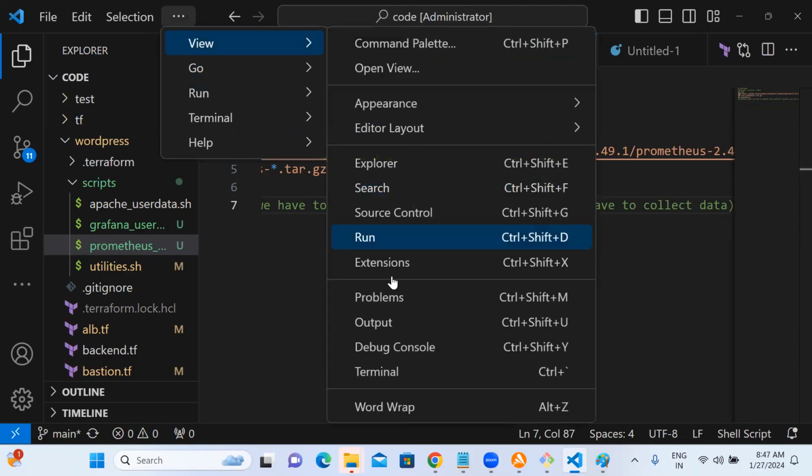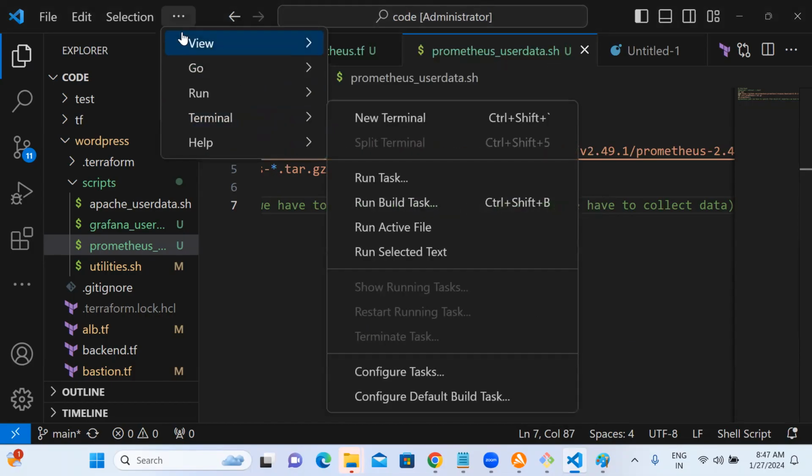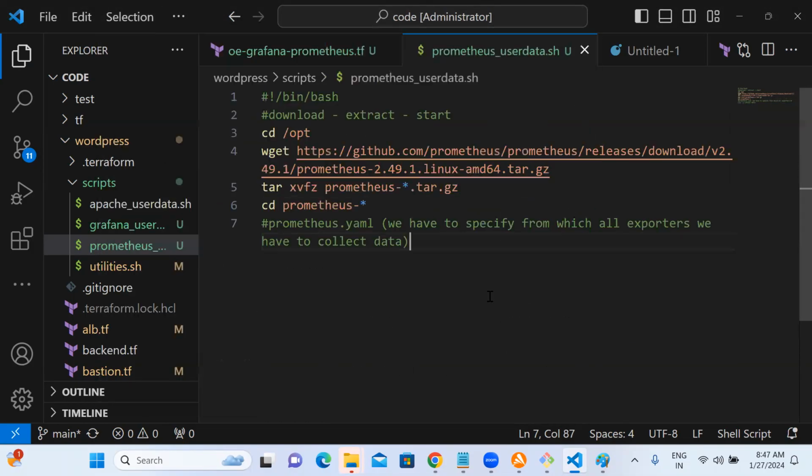You can see multiple answers here. So this is a very important file. In this YAML file, we will specify, for example, that you have to collect the data from Apache EC2, WordPress EC2. I'll say, for example, like this, job. I'll say job: collect from WordPress. Job here doesn't mean starting some task; this task is called a job.